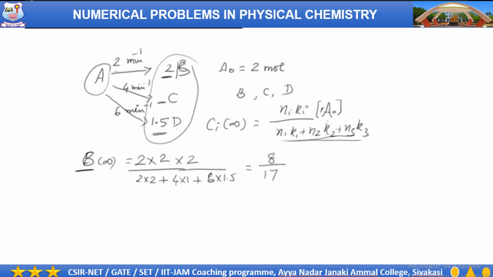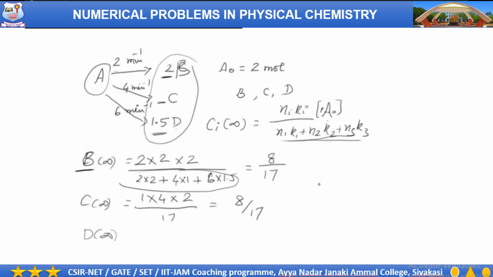And similarly, C at infinity is given by Ni, Ki, 4 into A naught by this constant, equal to 17. Therefore, 8 by 70. And next one, D infinity